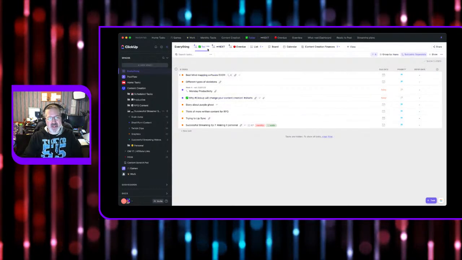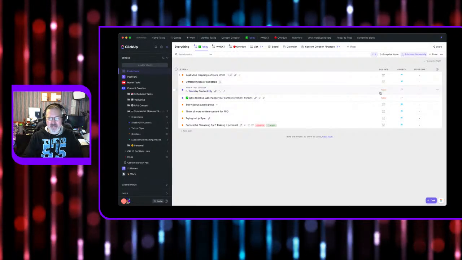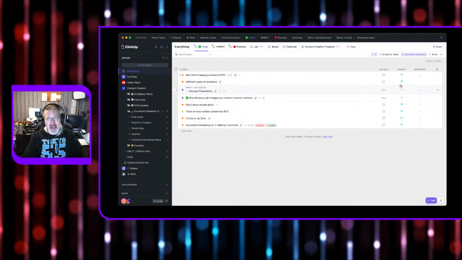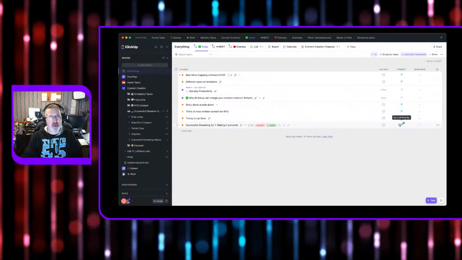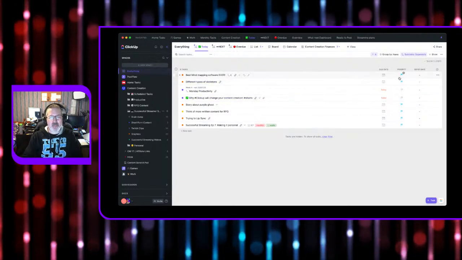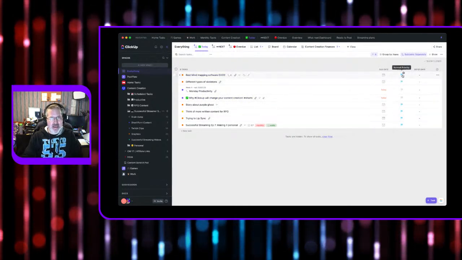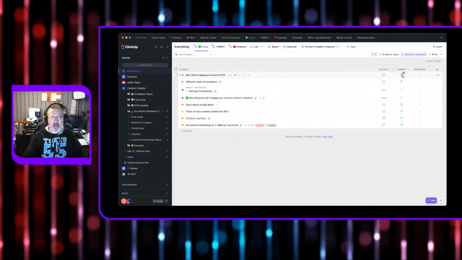So it says today, but it really means if it's got a date that is today. If it's a blue flag, it basically says you need to get this sorted. And then once I've sorted it, I will remove the flag from here and it'll just disappear.